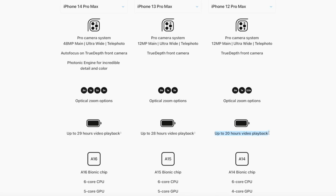But for the iPhone 12 Pro Max, they only have up to 20 hours. That probably explains why I felt like my iPhone 12 Pro Max battery performed a lot worse. I don't have to charge my phone usually throughout the day. However, I did expect it to perform better than it has. I often find myself in the afternoon or at night being down at like 30-20%, but I actually think that